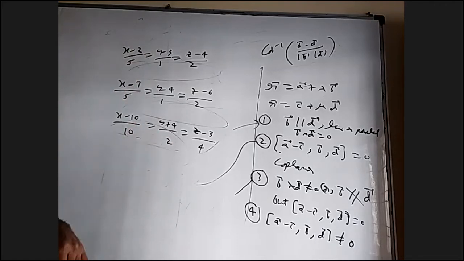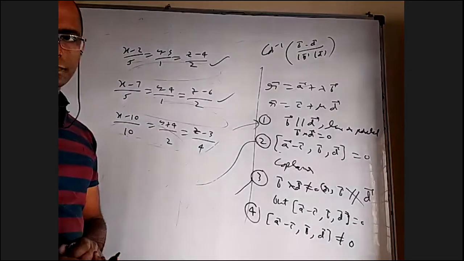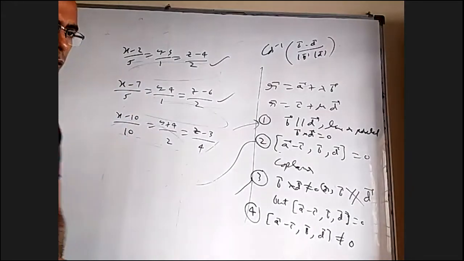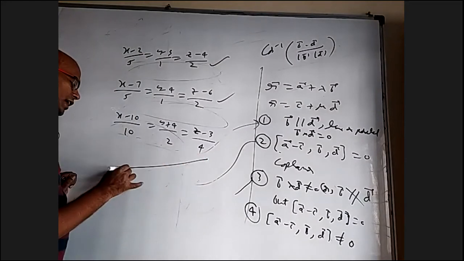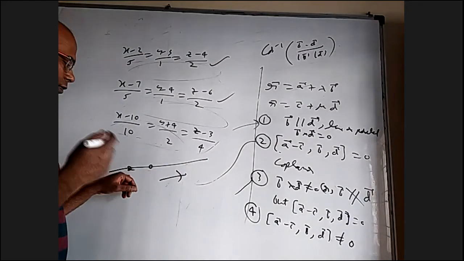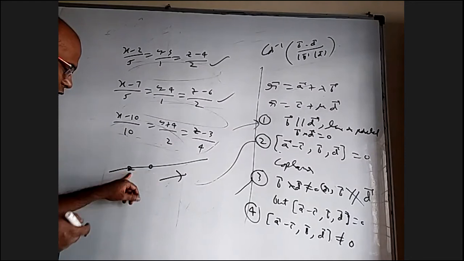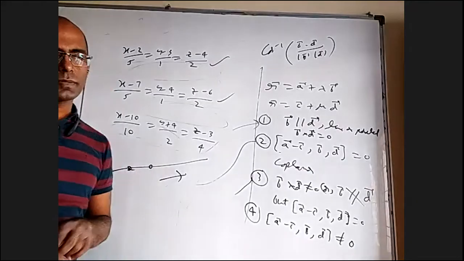Okay, they're all parallel. But actually, these two are not just parallel, they're the same line itself, coincident lines. When we say the equations look different, how can they be coincident? That is because, let's say I know 2 points on a line and I know the DRs. By writing the formula, I can use this point or this point. If I use this point, one equation will come. If I use this point, another equation will come apparently, but they represent the same line.